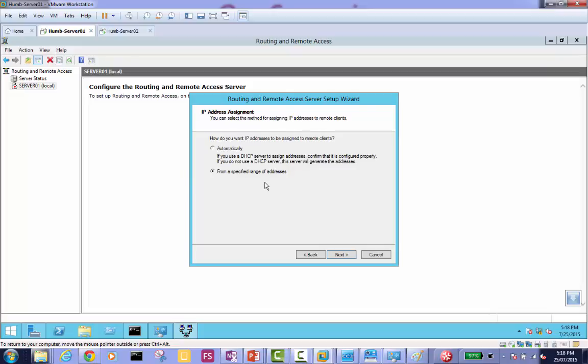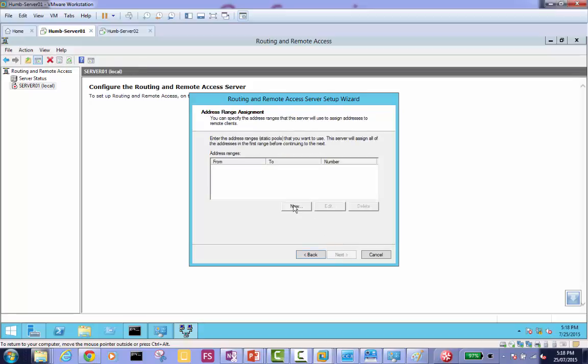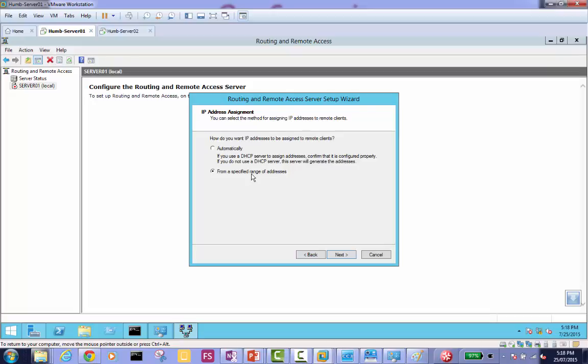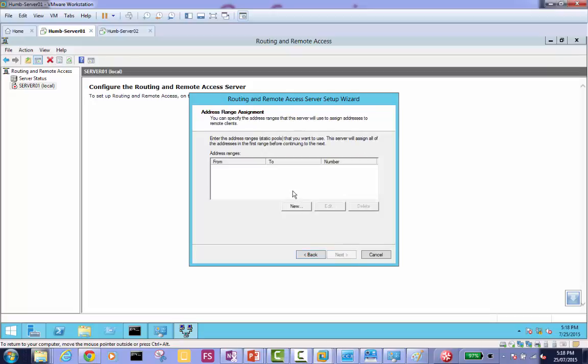Alright guys, from a specified range of addresses, I'm selecting the second option and going ahead with next, and I'm putting the range. So what I did till now: selected the second option and clicked next, and there it says, okay, now you're opting for your own VPN DHCP, so why don't you give me a range?